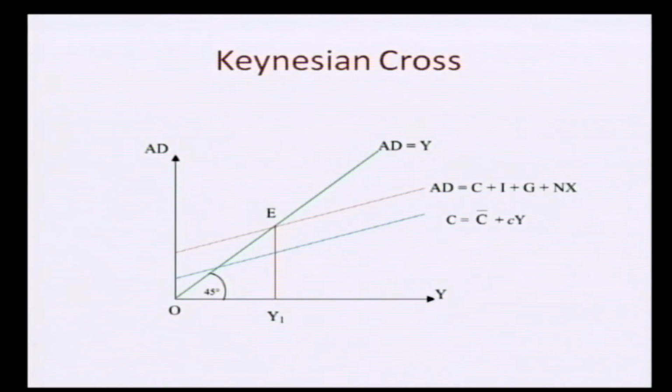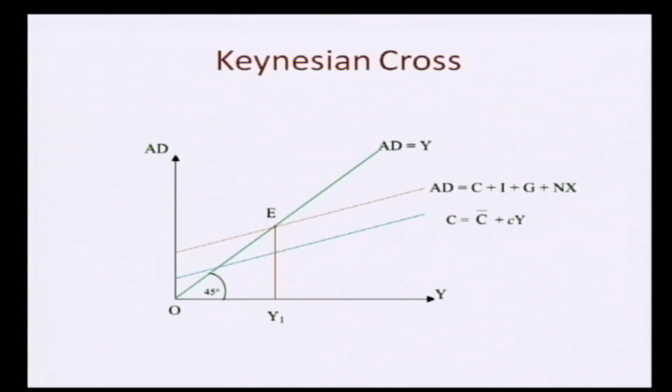So your consumption function comprises a constant part and an induced part. The constant part is the autonomous part, which doesn't depend on the income level, and the other part is the induced part, which varies with the income level. This way the consumption function is given by, suppose I have a diagram here. In this diagram, the blue line, if you can see, is the consumption function, and here it is mentioned that C is equal to C bar plus cY.